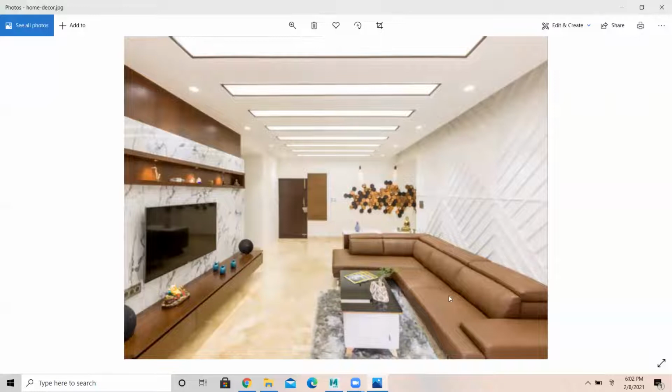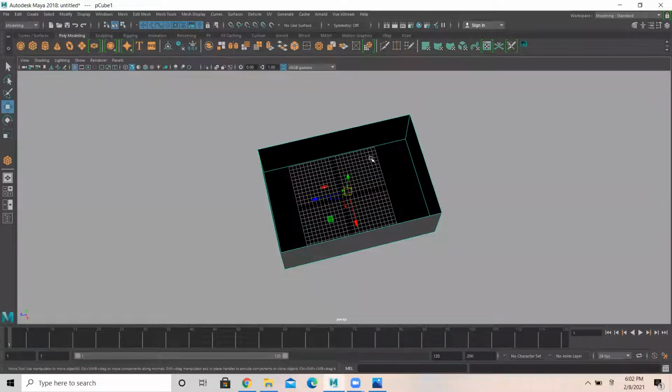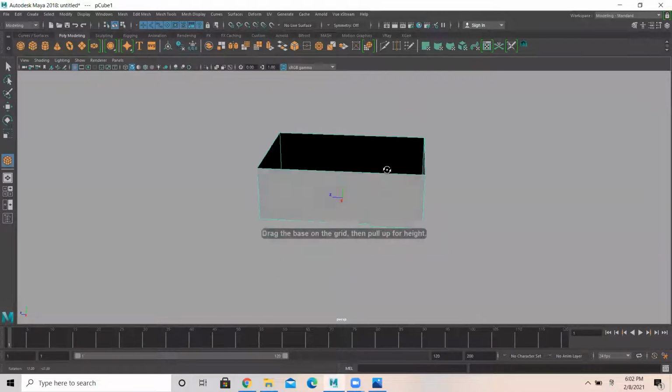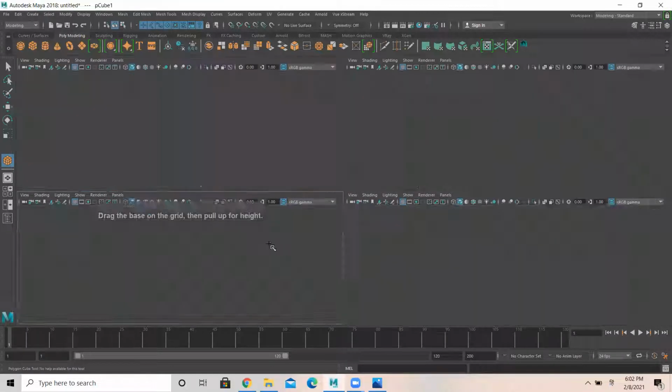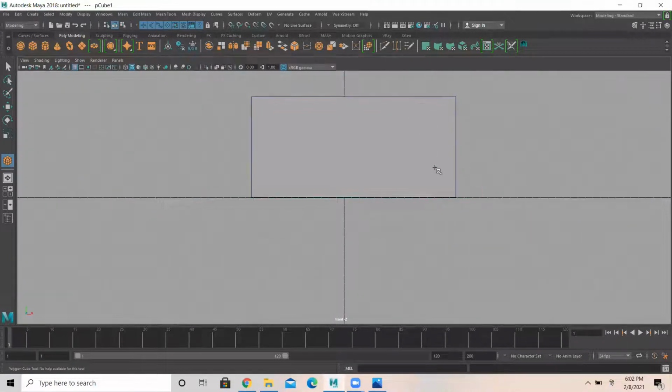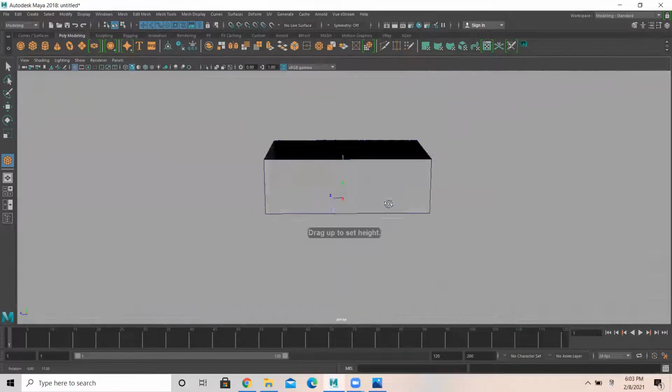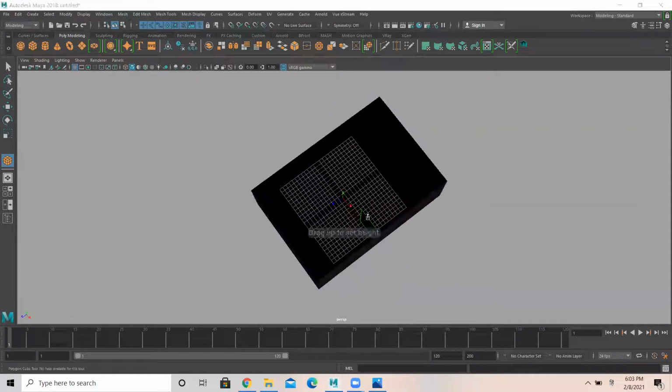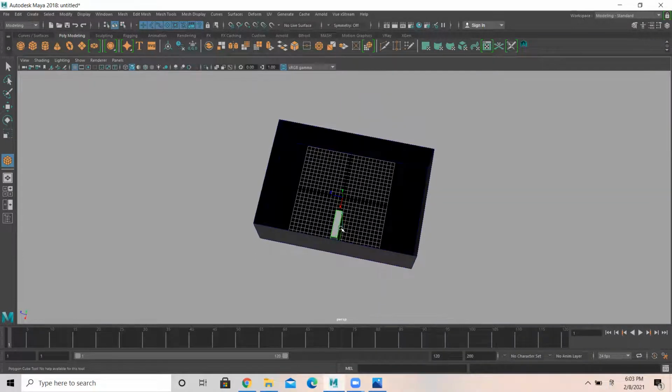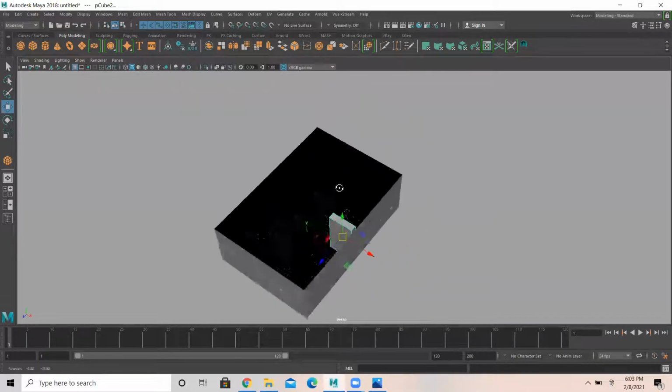So we need to add a sofa set here, a table, and we need to create one hole here, meaning one door. And we need to create a corridor for the entrance, and here for the kitchen part. So what I'll be doing is I'll create another cube, something like this.